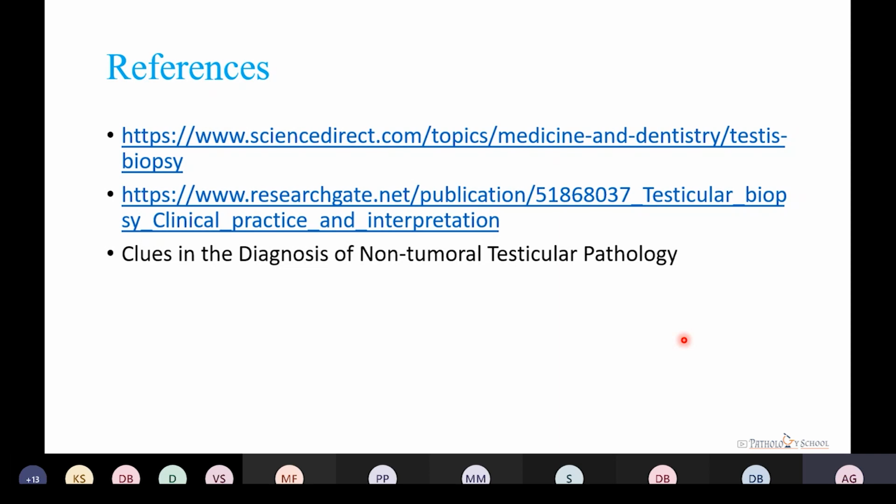And in cases of carcinoma, there is always a chance of seeding the tumor tissue from the site of biopsy into the remaining normal parenchyma and causing metastasis of the tumor into the testes. Also, for diagnosis, the testicular biopsy is not very precise. It only points us in the direction of the diagnosis rather than giving us the definitive diagnosis. But in assisted reproductive techniques, it is more useful.